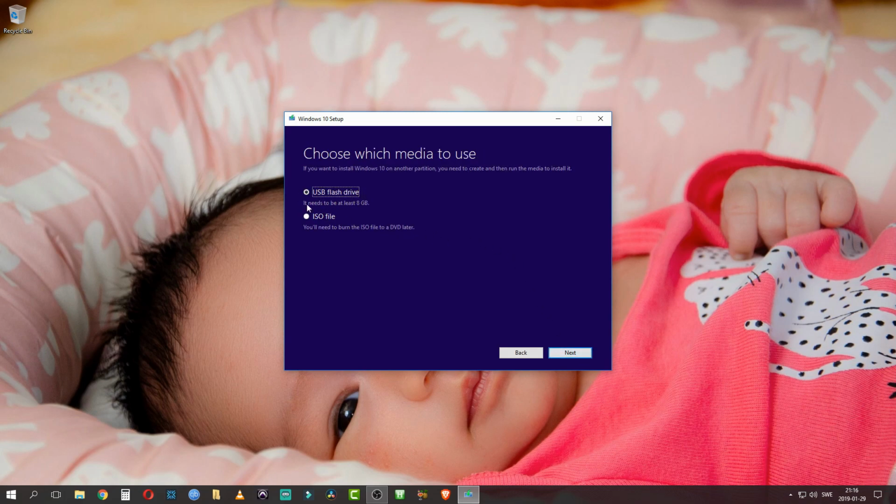Then click next. In here there's two options: USB flash or ISO. If you want to install Windows on another computer, you should choose ISO file. And if you have an old computer with legacy system mode or BIOS, you should also choose ISO file. Here we choose ISO file